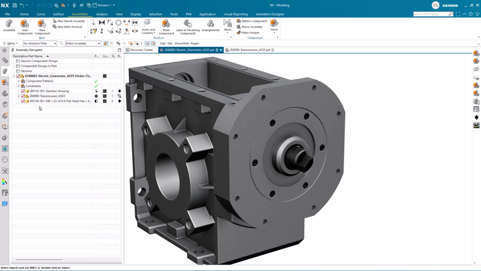We demonstrated how to handle conflicting constraints and to solve similar situations. And finally, we had a look at how to quickly create a component array and reuse the pattern from an existing component in the assembly. This concludes this how-to session on building an assembly for the first time.